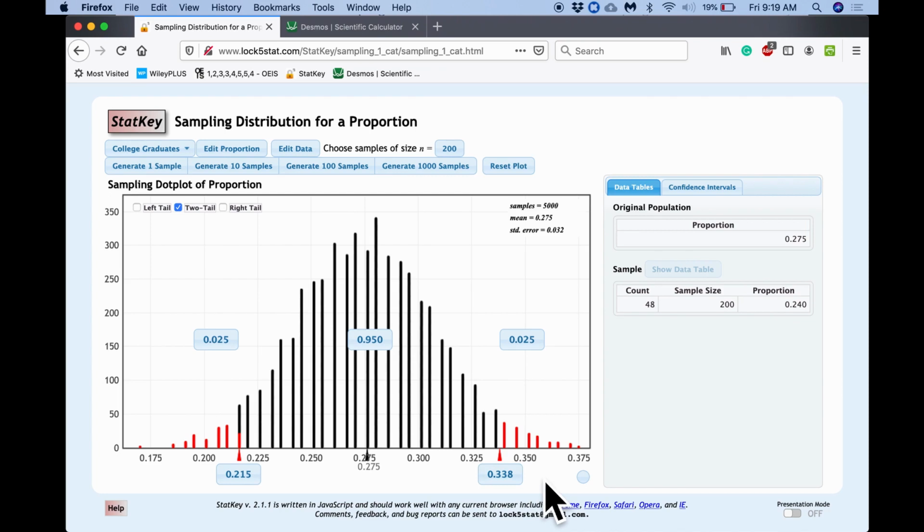Okay? Now, what we should notice though, and this is the important thing to notice, by going from a sample of size 50 to a sample of size 200, we have made this 95% window significantly smaller, right? It's narrower, which says that by going from samples of size 50 to samples of size 200, not only is our method accurate, just as accurate, it is actually now more precise. Okay, we are now making more precise statements because our window is narrower, right? Okay, so that's how